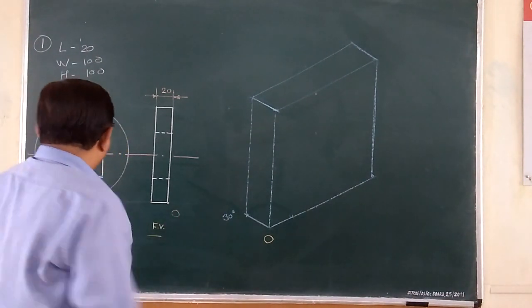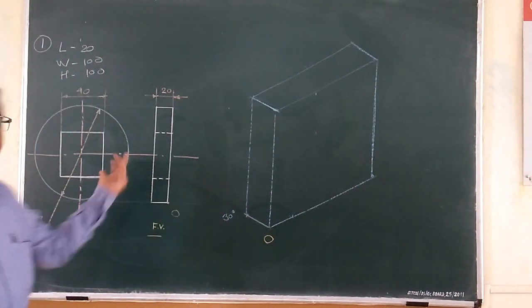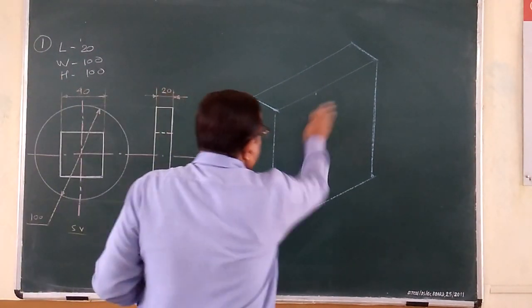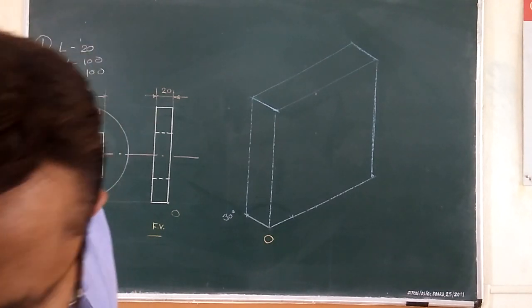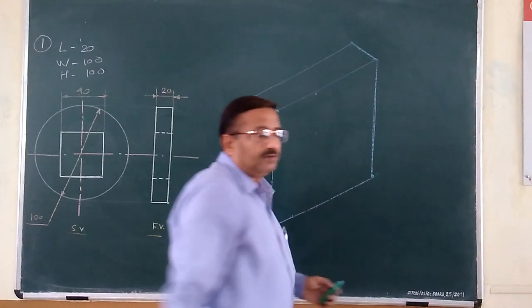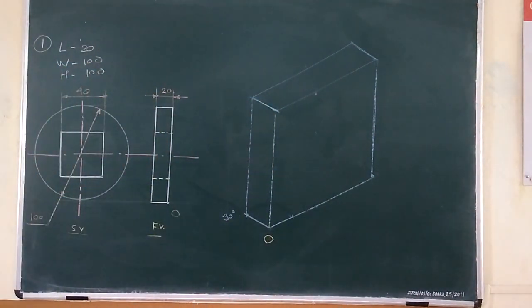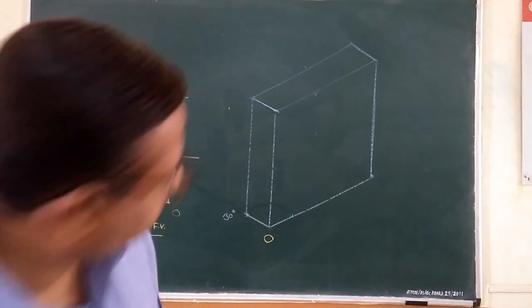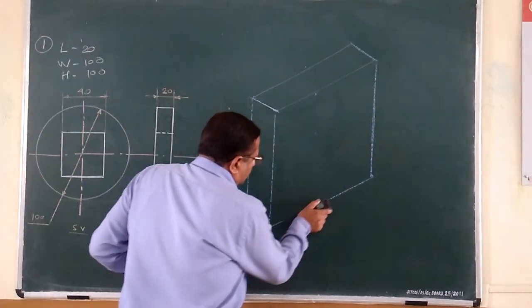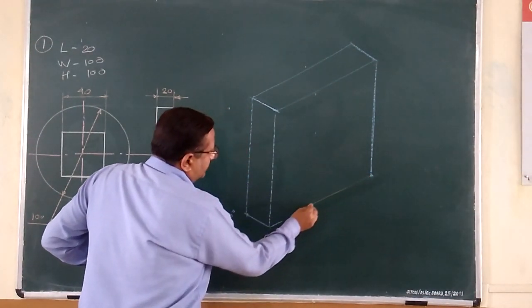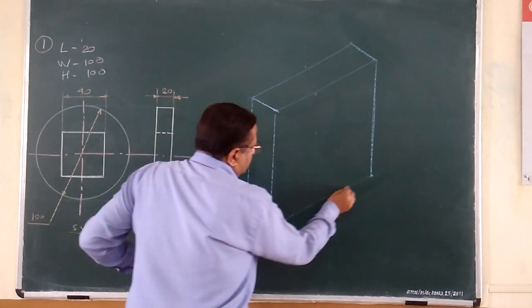So this side we have shown here. This is the right hand side which is drawn on the length of the print. This circle will be converted into an ellipse, that too on this surface. In the last session we have learned how to get the ellipse by the four center method of construction of ellipse. For that, what is required? Basically a rhombus carrying the dimensions of length and width, length and height as per the question.